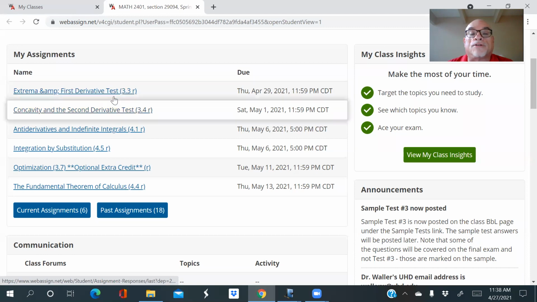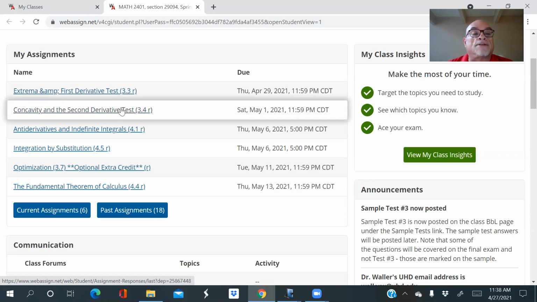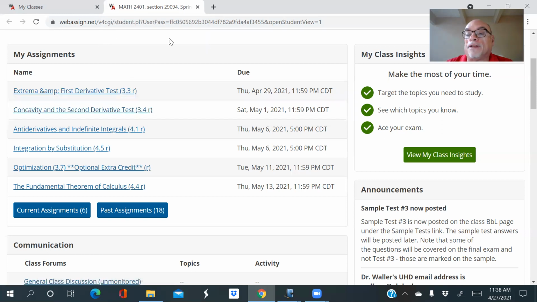So again, Madison, I know, was going to go over the first derivative and second derivative tests. Remember, these are very similar to each other. And that's certainly covered on test number 3. So a big piece of test number 3 will be about the first and second derivative tests. A little bit about limits, but those homeworks have already been done and are already due. So they're kind of off our radar now, but that will also be on test number 3.